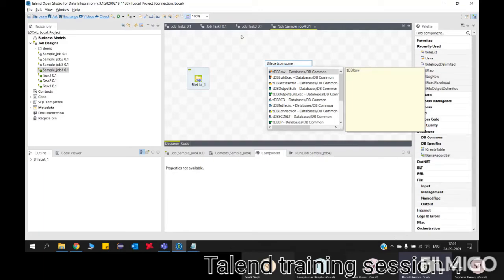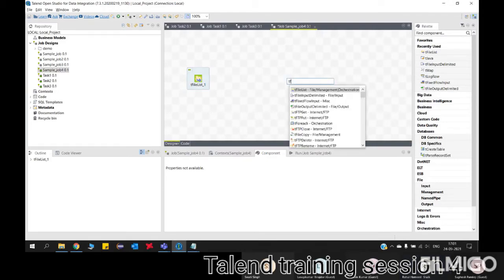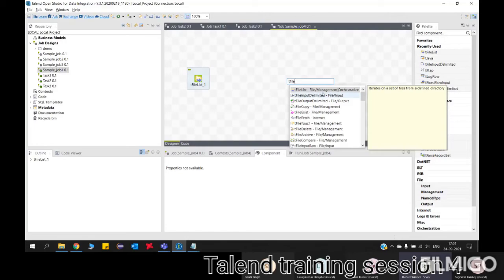No need to type the whole component name, just put tFile. Come down. tFileDelete you have, right? tFileCopy you have, right? tFileTouch you have. tFileGet also you will find there. You can take any other tFile component, otherwise not an issue. You can go for copy or delete, anything you can take.